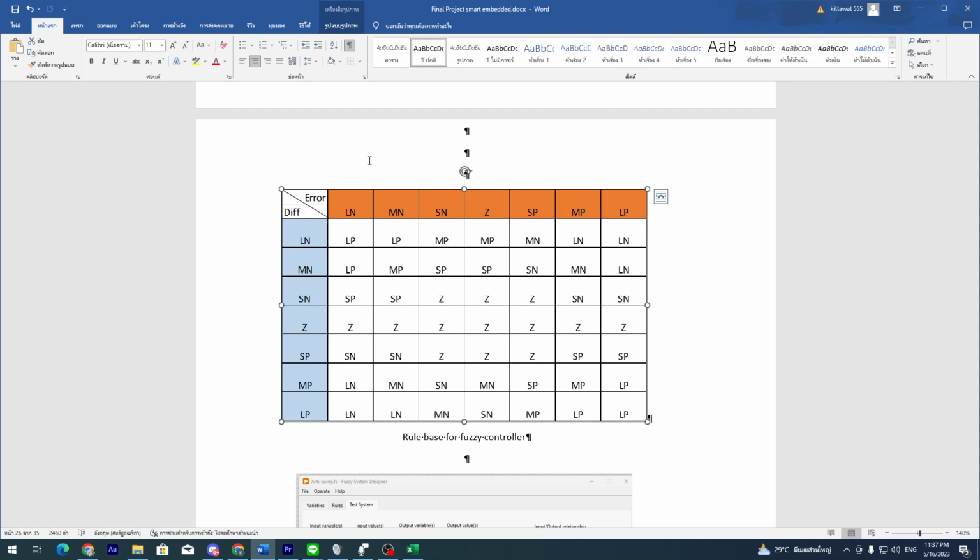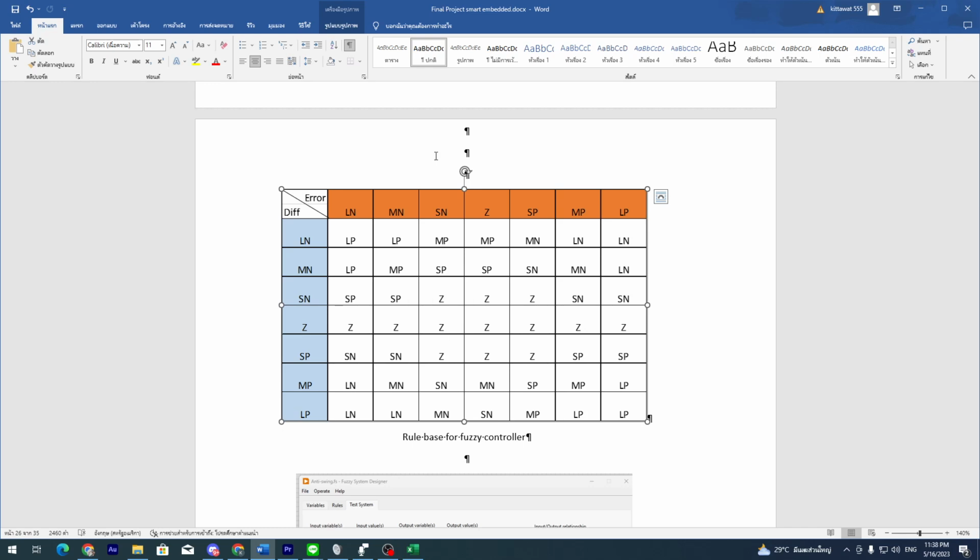In the same way, SP is small positive, MP is medium positive, LP is large positive, and C is 0. Then I expect that if the error and diff are too far in the negative, I need to move the position of the